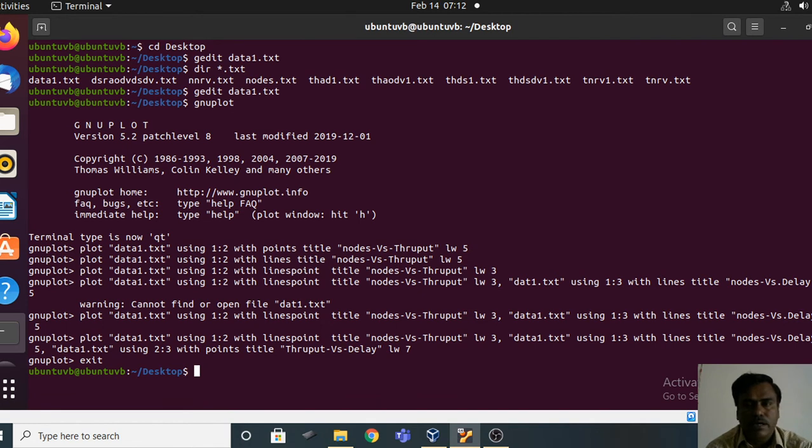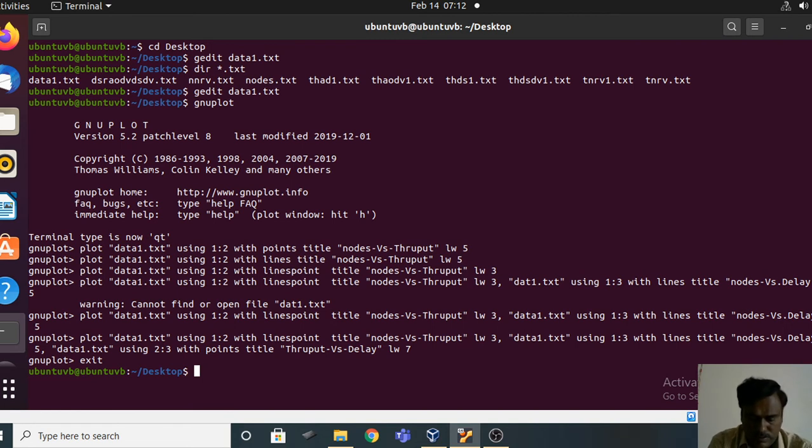You will have other features, like if you want to give the label for x-axis, y-axis, and then title and all these things, you can have. So now we are going to see how to plot the graph by writing a script, instead of using a command. That part I'm going to discuss now.